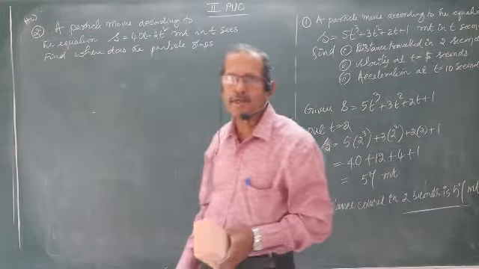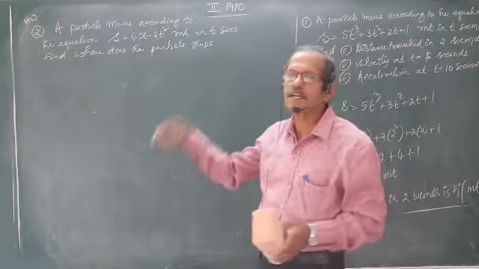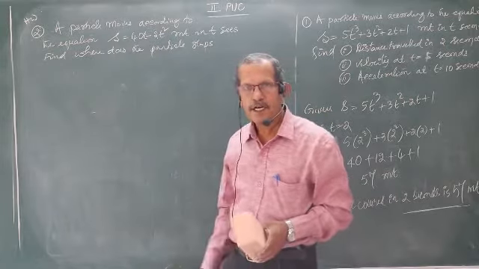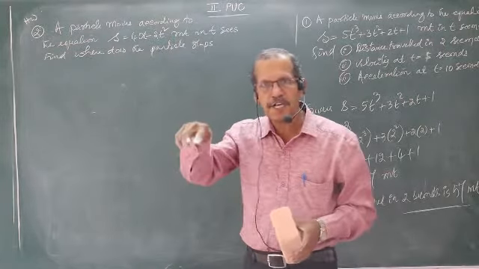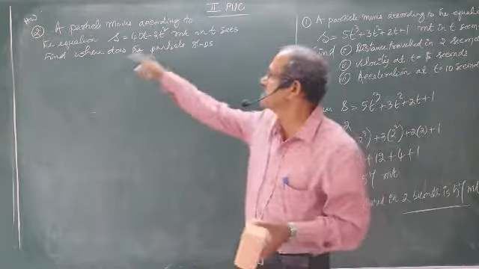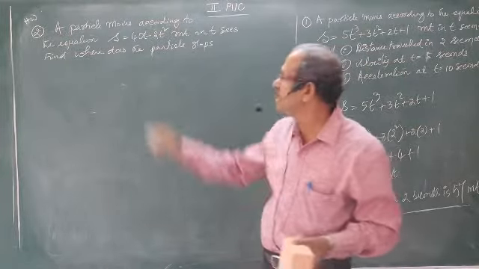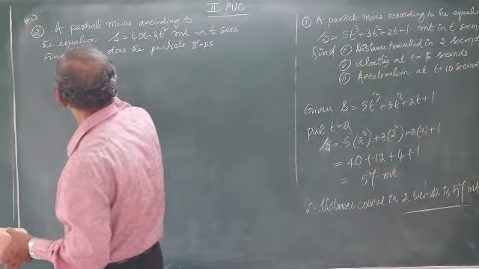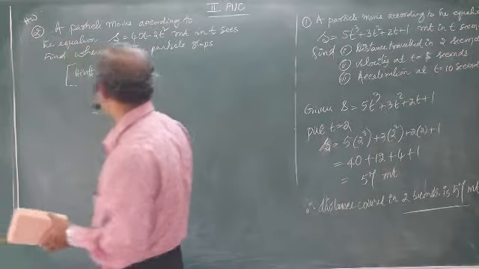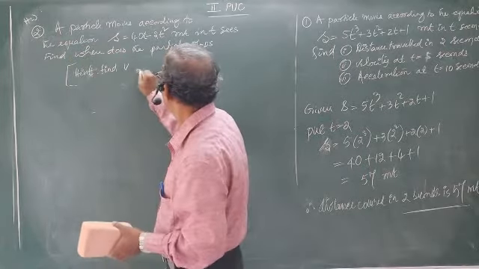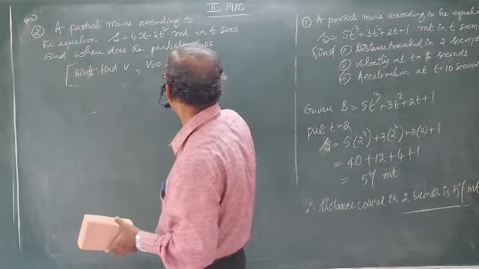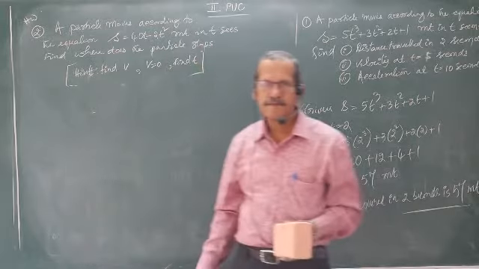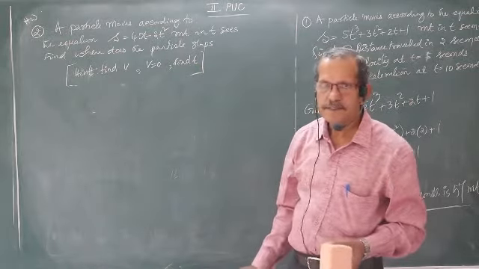When does the particle stop means what? Particle stops means its velocity becomes 0, that's all. Find the velocity of the particle from this. Compare that velocity to 0, you get the time, t. When does means a time required. Find dv. Hint: find v. V equal to 0. Find t. Right?